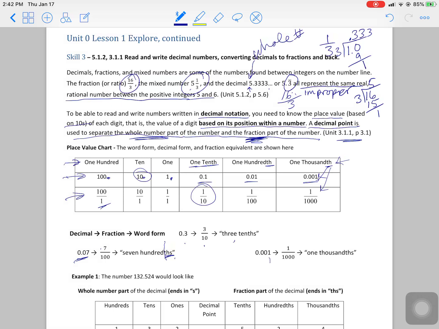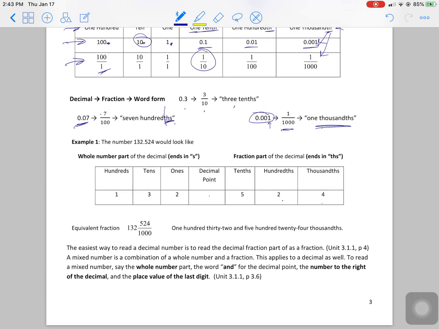All right, and then if a number is in the third decimal place to the right, that's the thousandths place. So this decimal number as a fraction is over 1,000, and that's how you would call it, thousandths. Okay? So